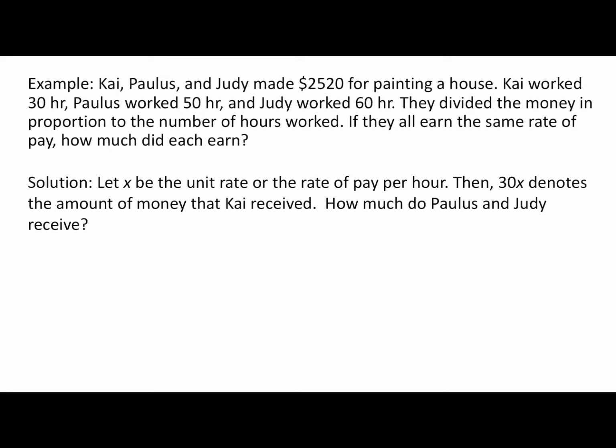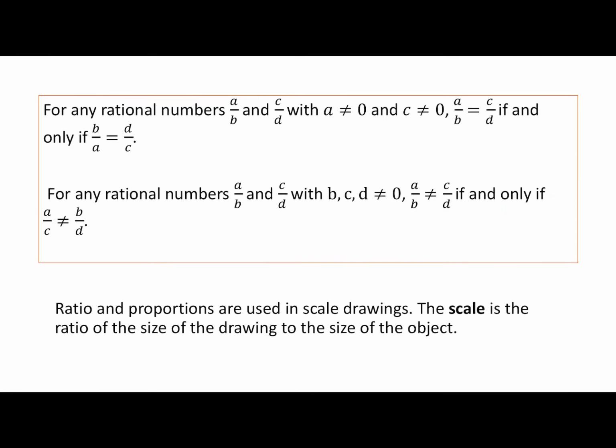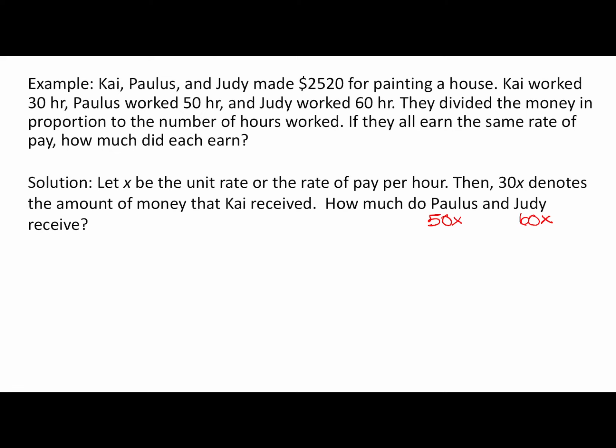Well, Palace worked 50 hours, so he gets paid 50x, and Judy worked 60 hours, so she gets paid 60x. So if I want to know the unit rate, I just need to say, well, their total pay, if I add up Kai, Palace, and Judy's pay,